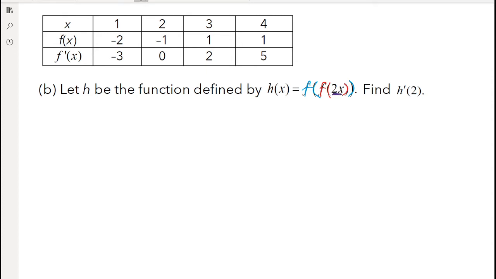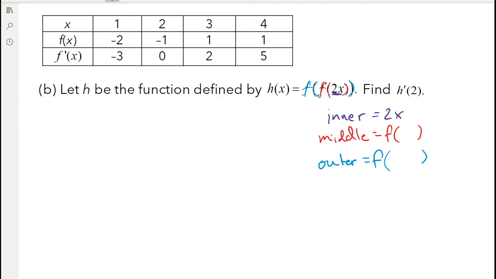the third function being 2 times x. Okay, so when I'm taking this derivative, I'm going to have to chain rule this 3 times, right? Because I have 3 functions. I have the inner function, which is equal to 2x. I have the middle function, and the middle function is the first f of 2x, right? And the outer function. And the outer function is f of